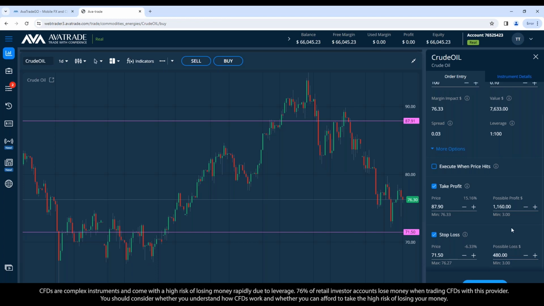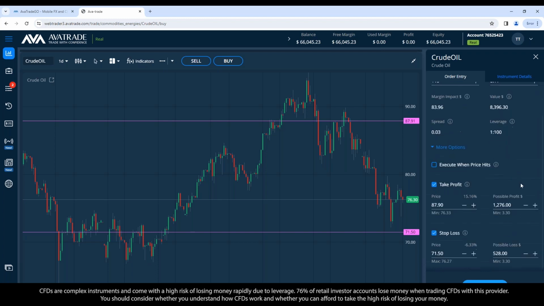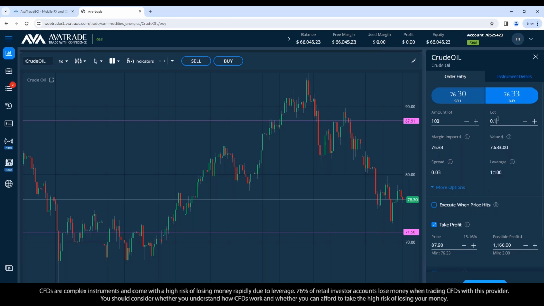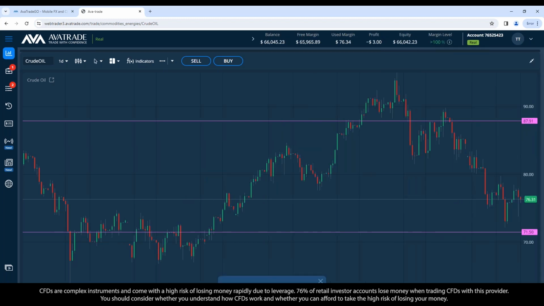So better than 2-to-1 ratio. If I want to be right at 500, I'll do 11.11, 528. That's a little above. So I'd rather be a little below with my risk than above. So I'm risking 481 or so to make 1159. And so I just go ahead and buy on that now. That's a market move, okay?